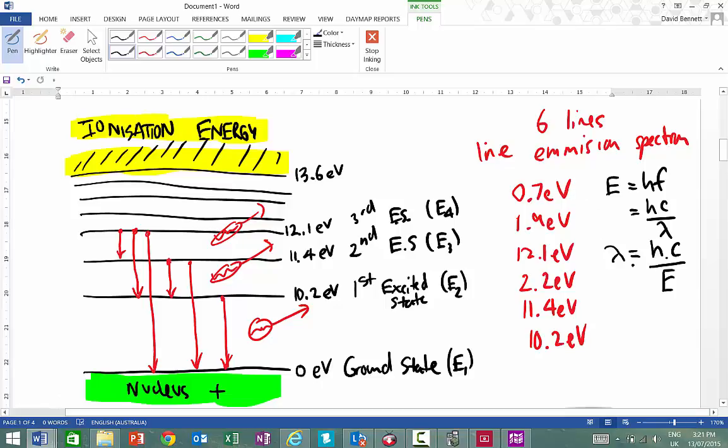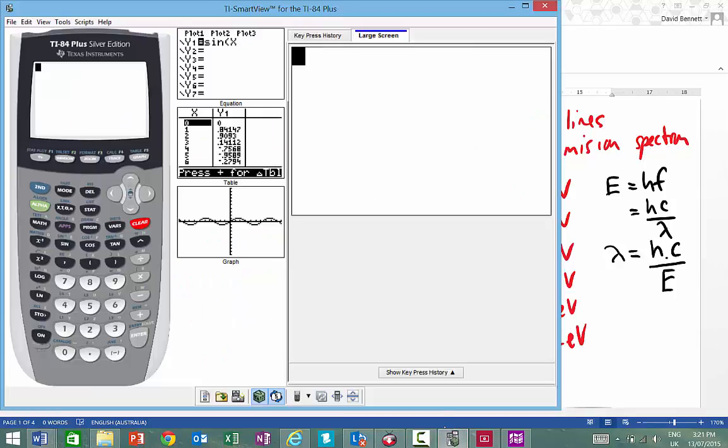So let's have a go at that calculation. Let's do the first one, 0.7, and we'll do the 10.2 one, just to show you the sort of energies that you're going to get here. The wavelength is going to be H, so 6.63 times 10 to the minus 34, times the speed of light, which is 3 times 10 to the power of 8, and then I have to divide that by